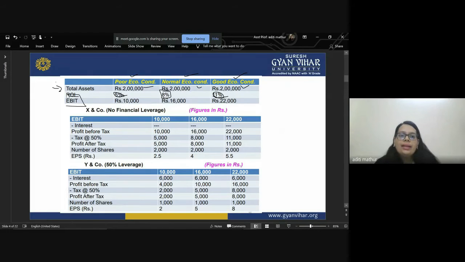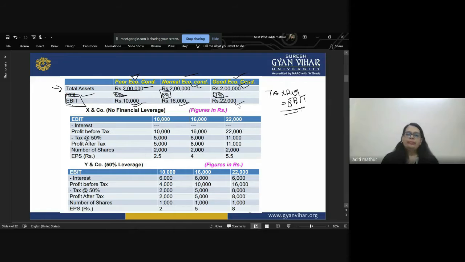Now we will be calculating the EBIT. So what is the formula of EBIT if you are given the ROI? It is total assets into ROI, and this is how we get our EBIT in these types of questions, right? So for the poor economic condition, we have 2 lakh rupees as our total assets. So 5% of 2 lakh is 10,000. Then at normal conditions, we will have 16,000, and for the good economic conditions, we will earn 22,000 rupees as